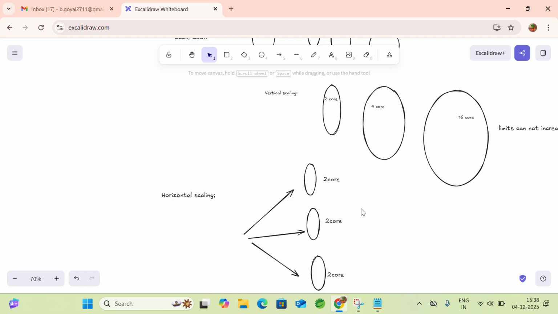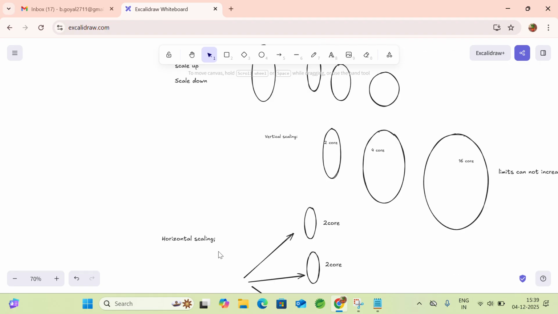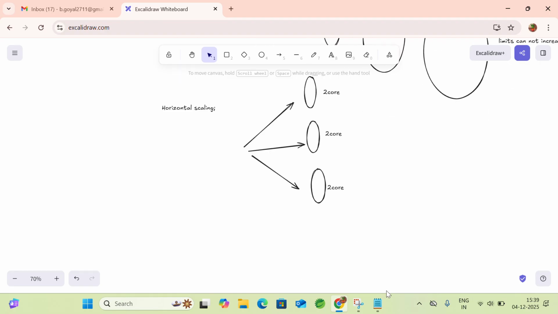vertical scaling cannot be done infinitely, but horizontal scaling can. You can increase as many services as you want. So this is the best practice to go with. Apart from that, as these are the scaling, scale up, scale down, vertical scaling and horizontal scaling, we want